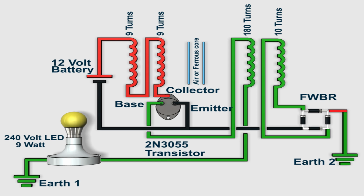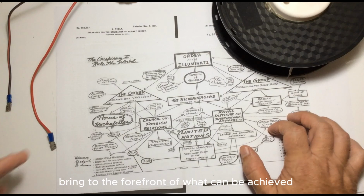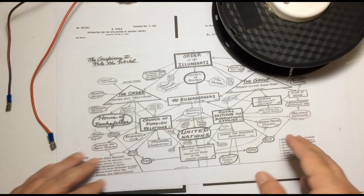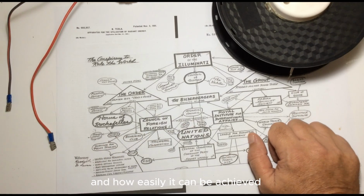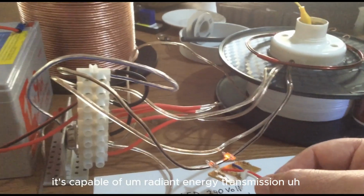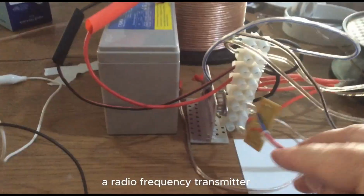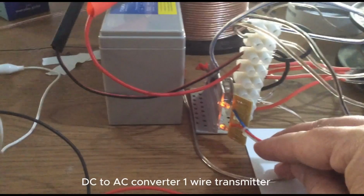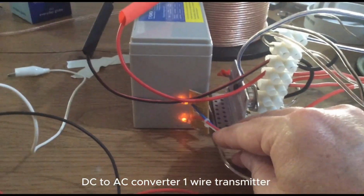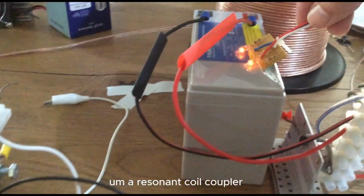So why would you want to do this? We'll go through the benefits of that, and I've prepared a couple of scenarios as well that I want to cover, just to bring to the forefront what can be achieved with this type of system and how easily it can be achieved. It's capable of radiant energy transmission. It's a radiant energy receiver, a radio frequency transmitter, a radio frequency receiver, a DC to AC converter, a one-wire transmitter, similar to Tesla's stuff, a resonant coil coupler,